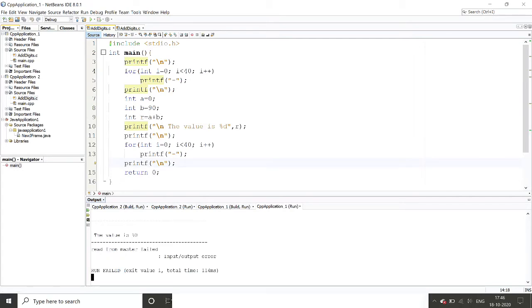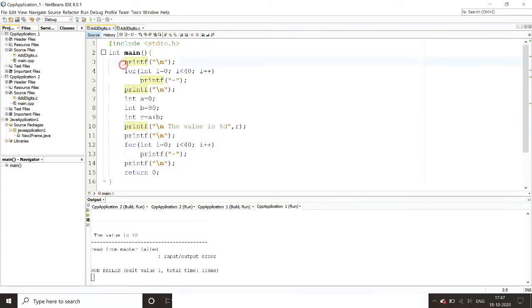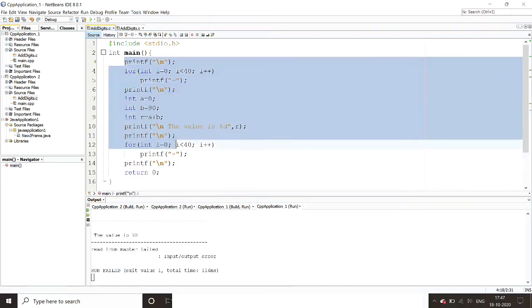So what we are doing here is that there is a small task that is required multiple times, again and again in the same program. The task is to print a line. The line printing is required multiple times in your program, right? That's why I have written this code, and again I have copied the same code here to do the same task multiple times. But if you go like this,